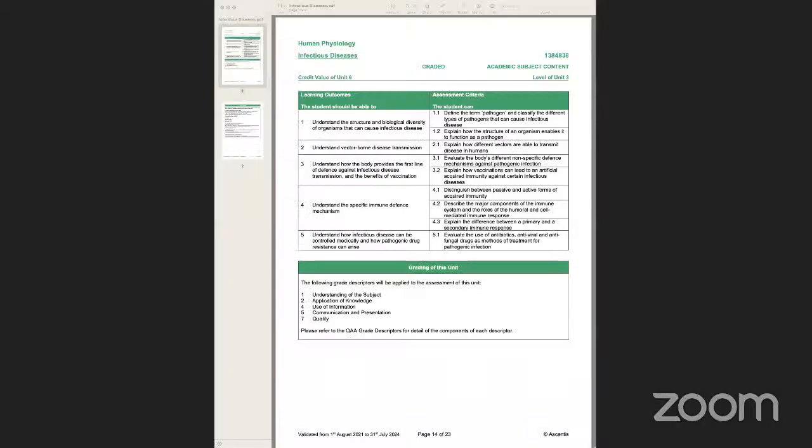Today we're going to cover learning outcome 3 on infectious diseases, the unit that we've been studying. Going forward from what we covered last time, which was how diseases are transferred by vectors or carriers. We looked at different forms of carriers, and we looked at a table in terms of how different types of pathogens can carry the